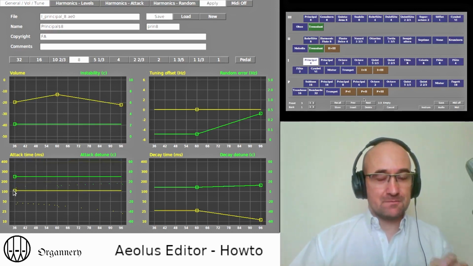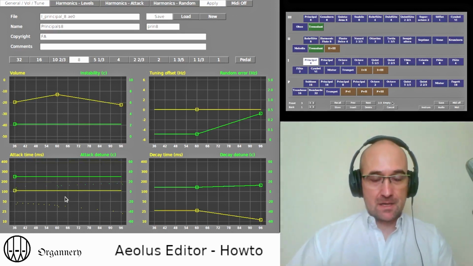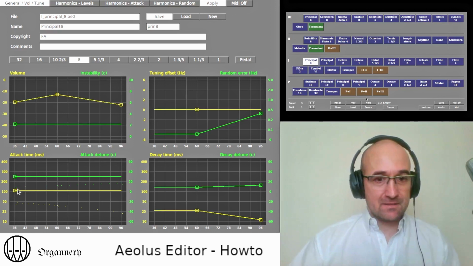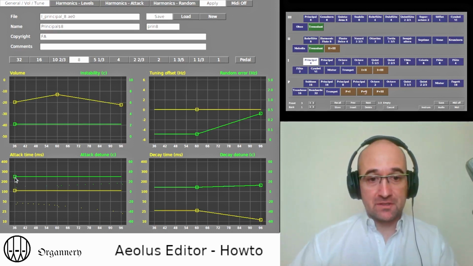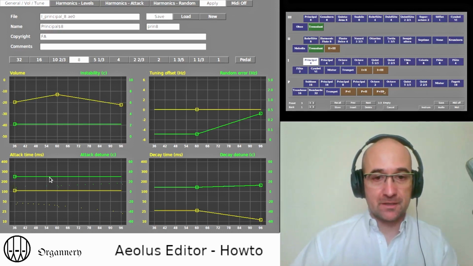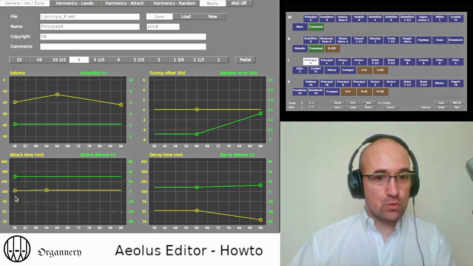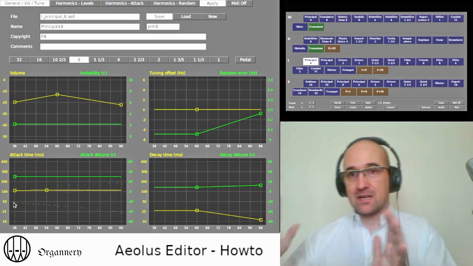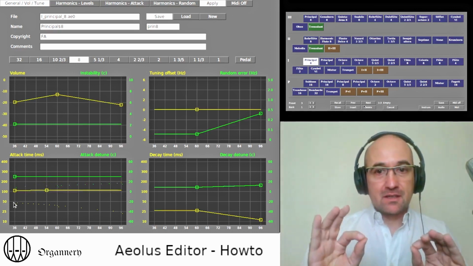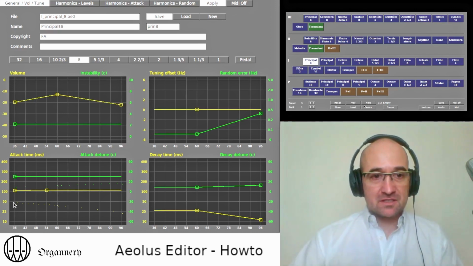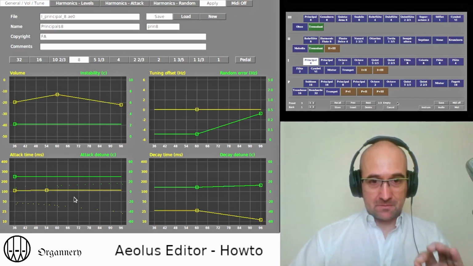Okay, so here you can hear the subtlety of the editor and the power of it. And here again, there is only one point, and so this parameter will apply to the whole keyboard. But if you make a new point, then for each group of 6 notes from the lowest key to the highest key, you can make subtle changes and make sure it fits what you want.